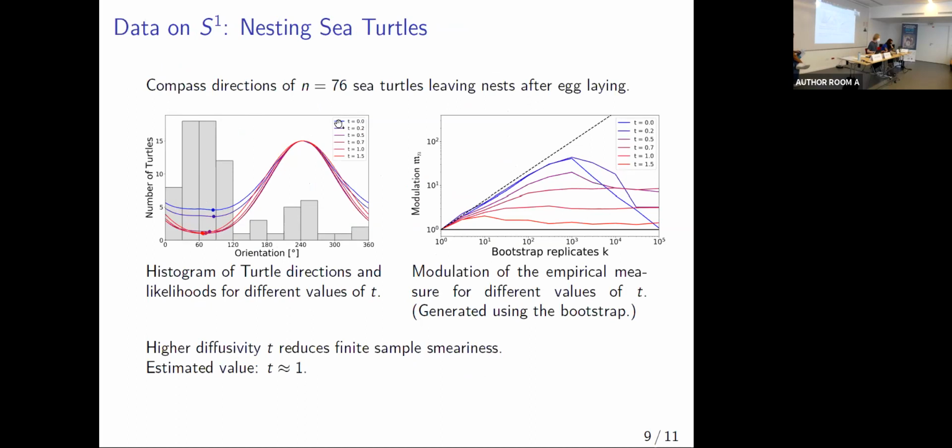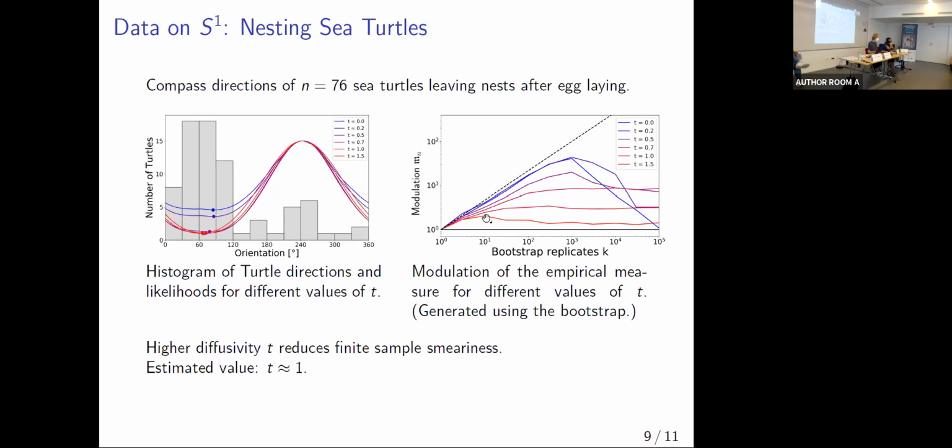And it turns out if we look at the Fréchet mean, so for t equal to 0, here the blue curve, this is the Fréchet function now, or the likelihood, if you will. This has a very flat minimum, and the dot here denotes the minimum position. And if we go up with the diffusivity, this minimum here becomes rounder. It's actually closer to a square approximation. And actually the diffusion mean here approaches the middle of the main mode.